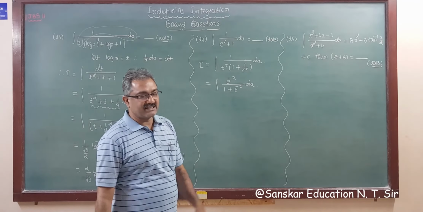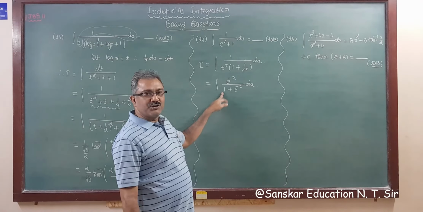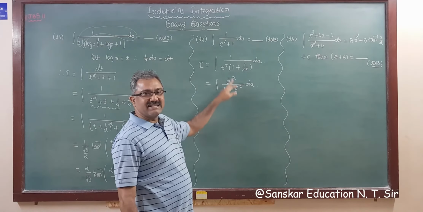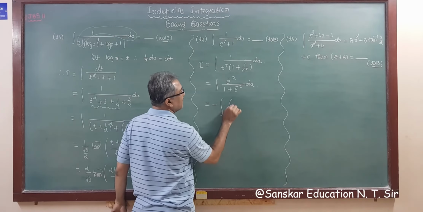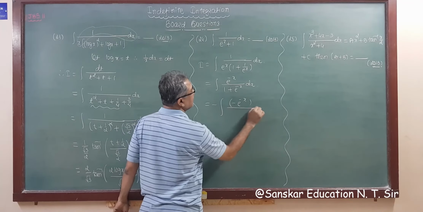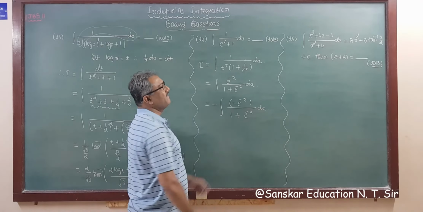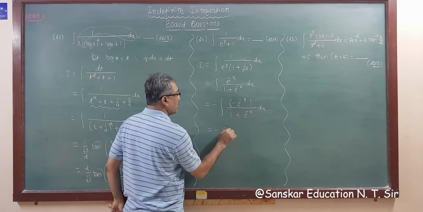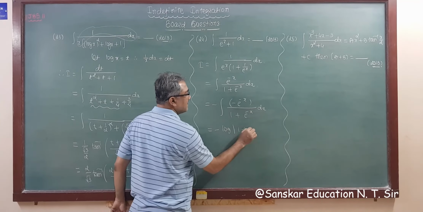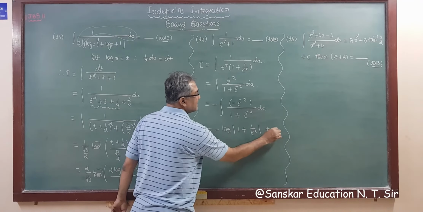Now the answer of this: derivative of 1 is 0, and the derivative of e raised to minus x is e raised to minus x into minus 1. So there is no minus in the numerator, therefore divide and multiply by minus. We get minus integration of the derivative over 1 plus e raised to minus x dx. So the derivative of the denominator is in the numerator. So the answer will be minus log of 1 plus e raised to minus x, and I am writing e raised to minus x as 1 upon e raised to x, plus c.